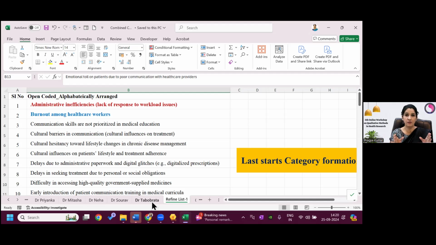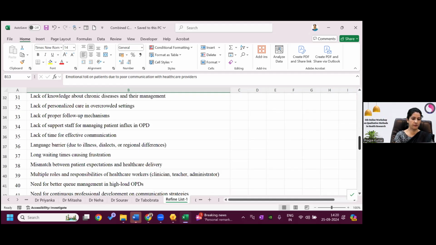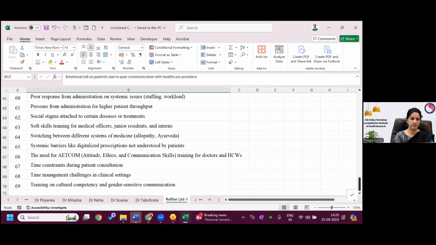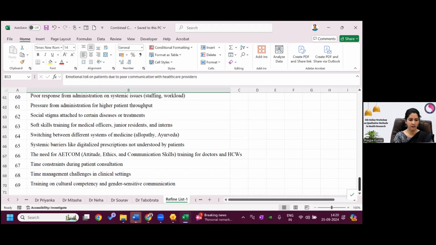I'm saying this as in a simulation, since we refined the codes and reduced the number of codes from 350 to 70. This is the final code list you can see here, a total of 69 codes we have refined.